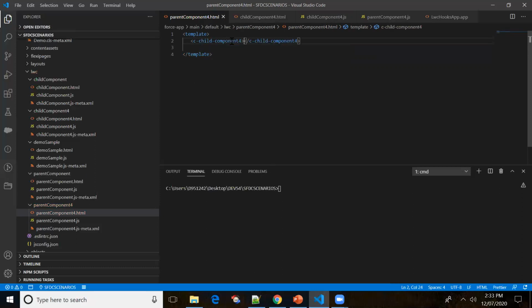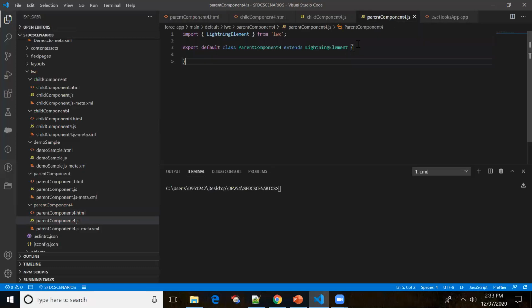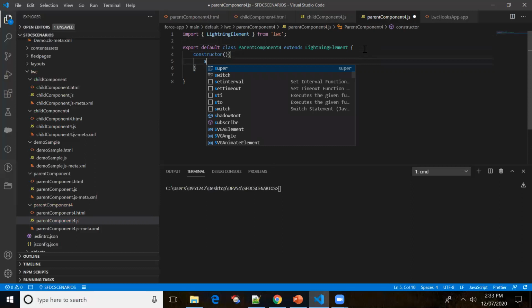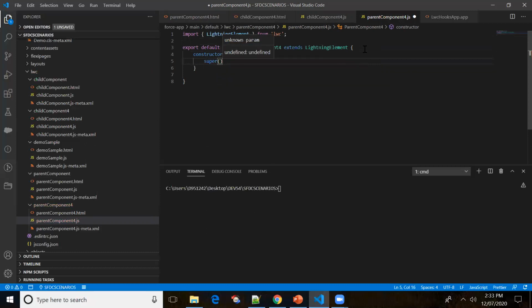In the parent component, I'll also write the constructor and the super, and put a console.log: "Yes, I'm in parent constructor." Let me push this code to the source org.